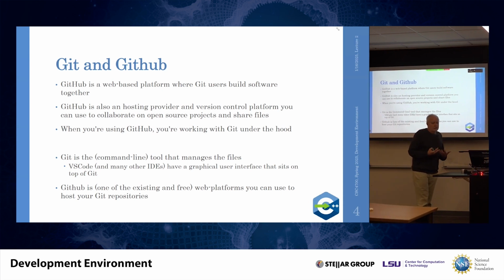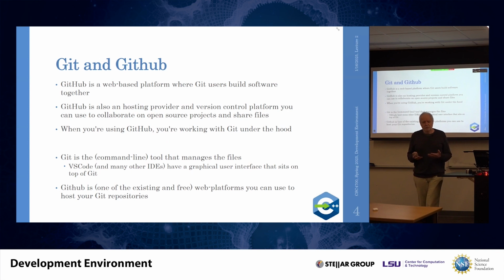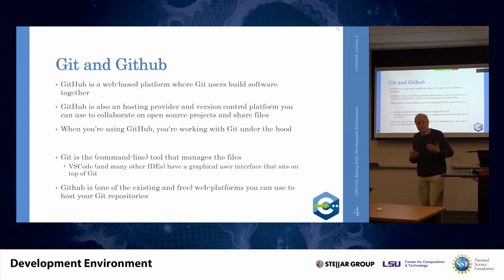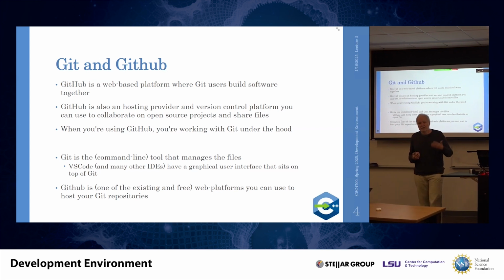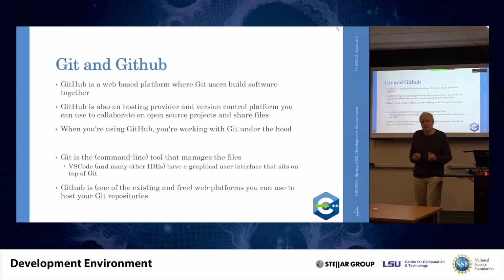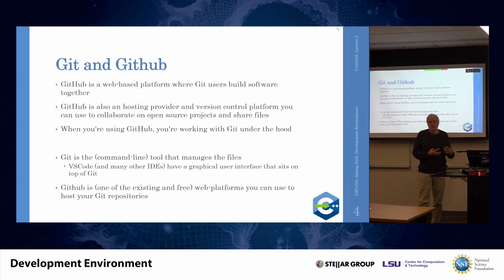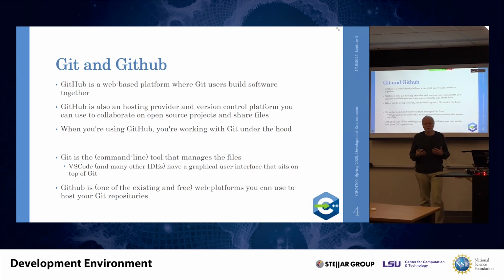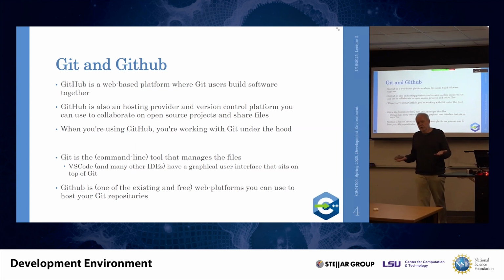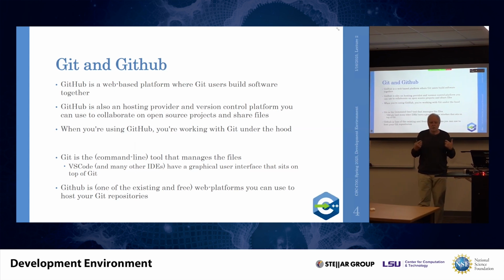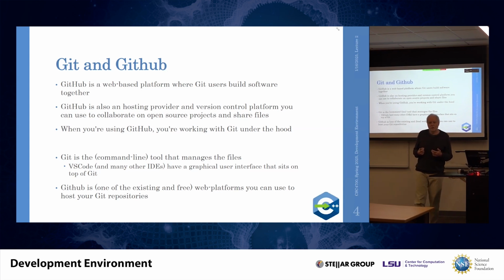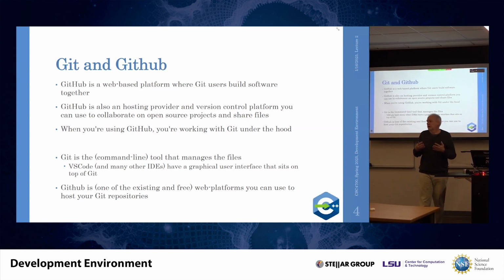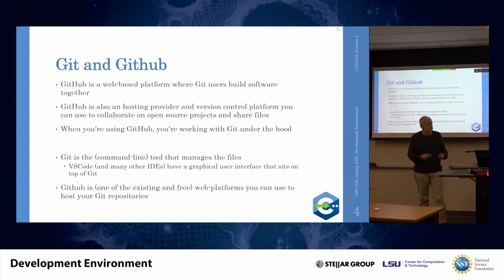So GitHub is a web-based service that is built on top of Git. Git is that command line tool that can run on any platform. And they have built a very nice user interface on top of Git that allows you not only to manage source history, but it allows you to compare versions of the software. It allows you to do code reviews. They have additional means of issue tracking and so on and so on. So many things, a very nice and convenient user interface.